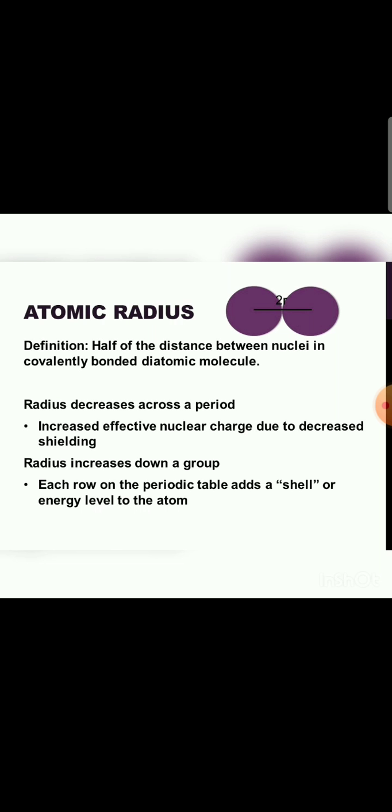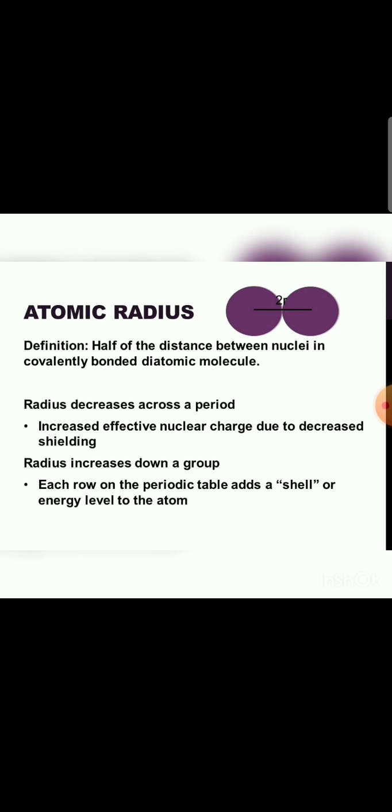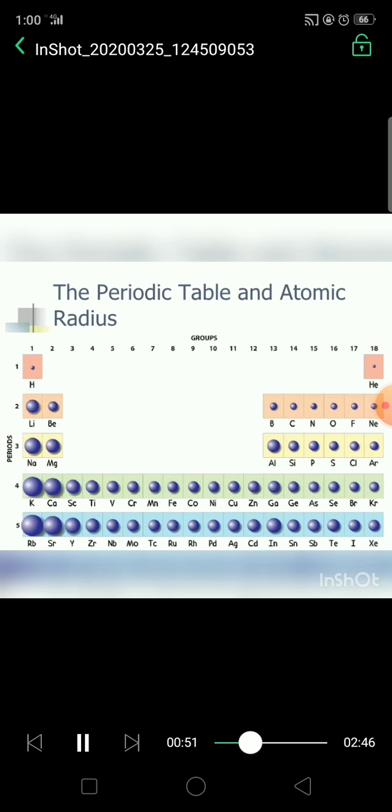What happens to the atomic radius in the periodic table? You can see in the periodic table the radius decreases across a period. When you go down, I'll show you in the next slide. When you go across a period, the radius goes on decreasing. Why does it decrease? See, these are the periods 1, 2, 3,